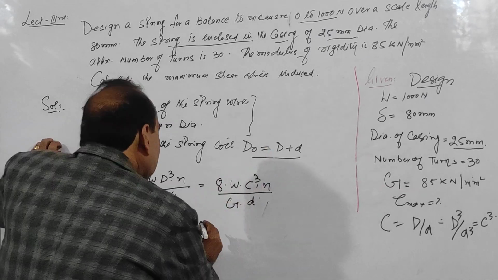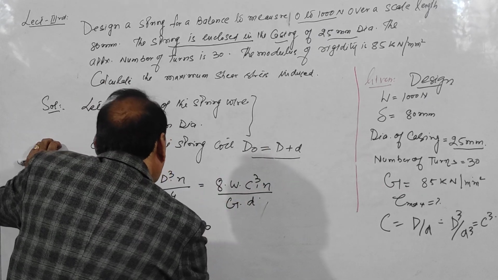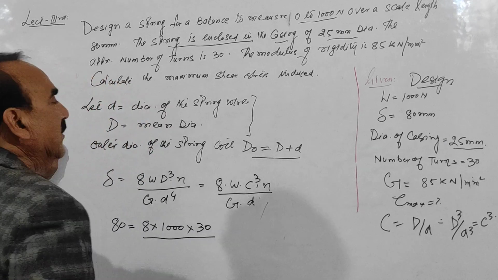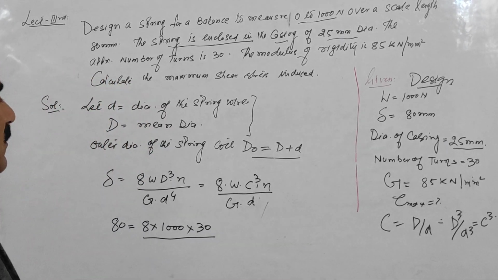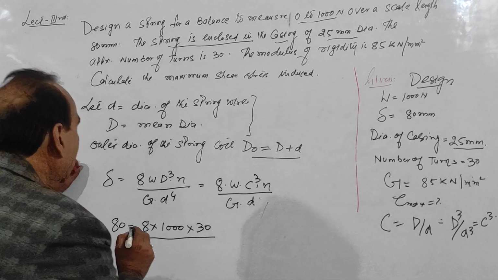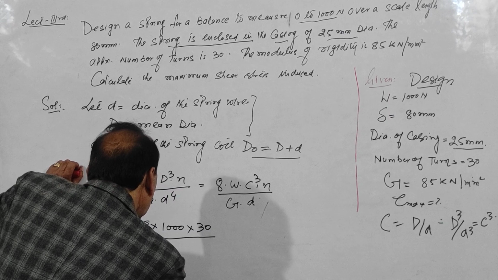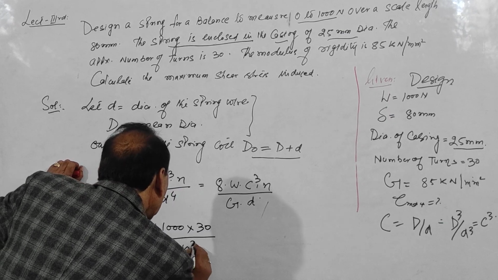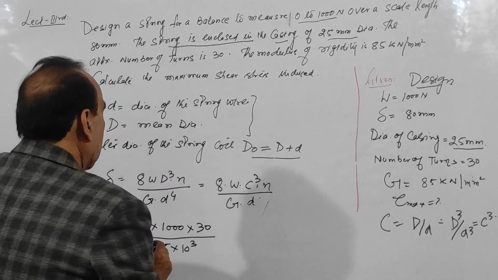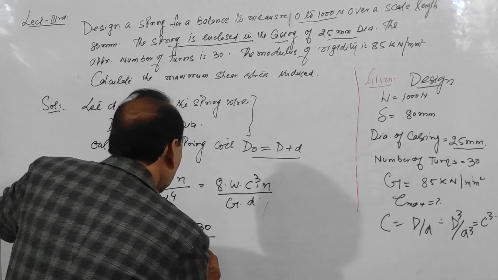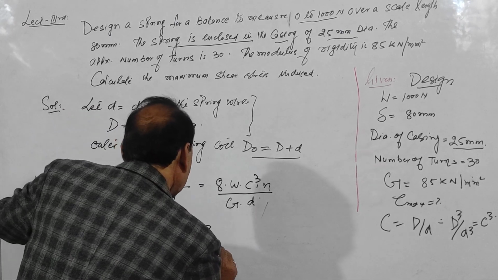N is given as 30 turns. The value of G, the value of G is how much? 85 into 10 raised to power 3 और d आपको कैलकुलेट करना है, d आपके पास नहीं है।